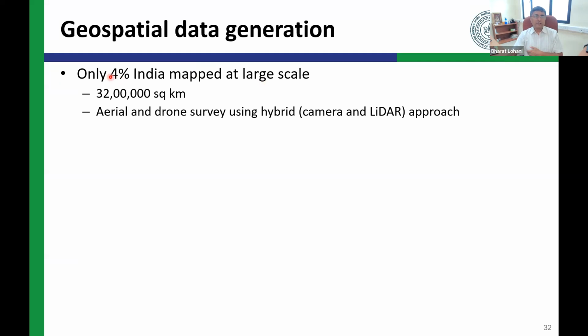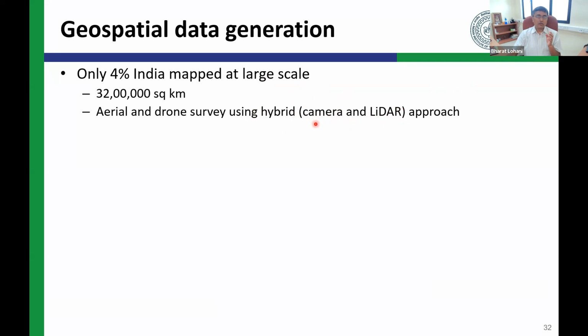And there is a lot of scope for this. So there is scope for the aerial platforms. You have the aerial aircraft, you have the helicopter, or scope for the drone. And the way things are happening around the world, it is being recognized that when we fly, we should fly both the sensors, camera and LiDAR. Because the camera gives you the spectral information. The camera can be RGB and infrared. So camera and LiDAR, or maybe a multispectral sensor and LiDAR, or maybe a hyperspectral sensor and LiDAR. So that we call the hybrid.